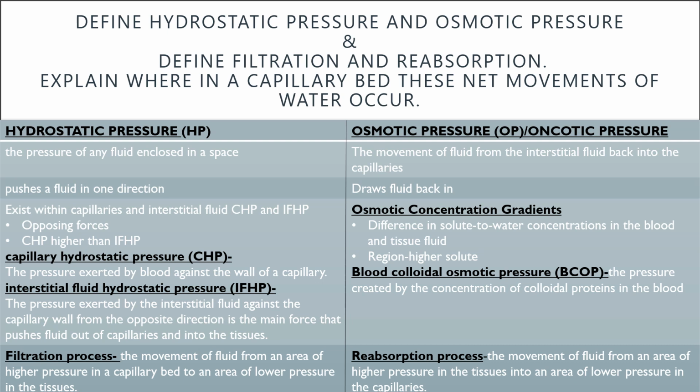The plasma proteins suspended in blood cannot move across the semi-permeable capillary cell membrane, and so they remain in the plasma. As a result, blood has a higher colloidal concentration and lower water concentration than tissue fluids. It therefore attracts water. We can also say that the BCOP is higher than the interstitial fluid colloidal osmotic pressure, which is always very low because interstitial fluid contains few proteins. Thus, water is drawn from the tissue fluid back into the capillary, carrying dissolved molecules with it. This difference in colloidal osmotic pressure accounts for reabsorption.